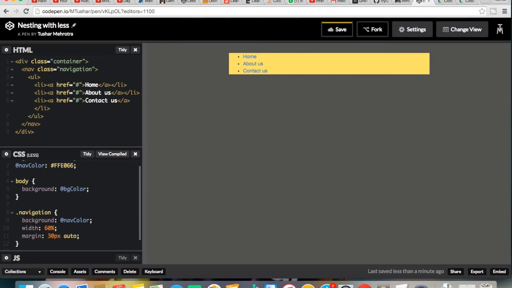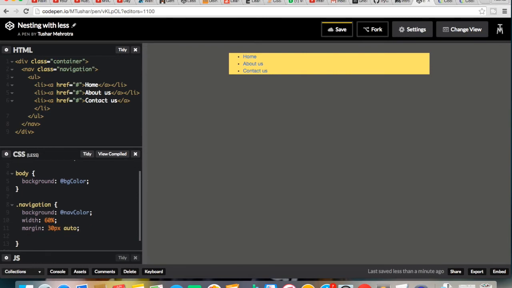Okay. Now we want to give some padding, and for that we will go to UL. How we write nesting is we include the children inside the parent. We'll not write it separately like .navigation space UL for the UL. We'll write UL inside the navigation.